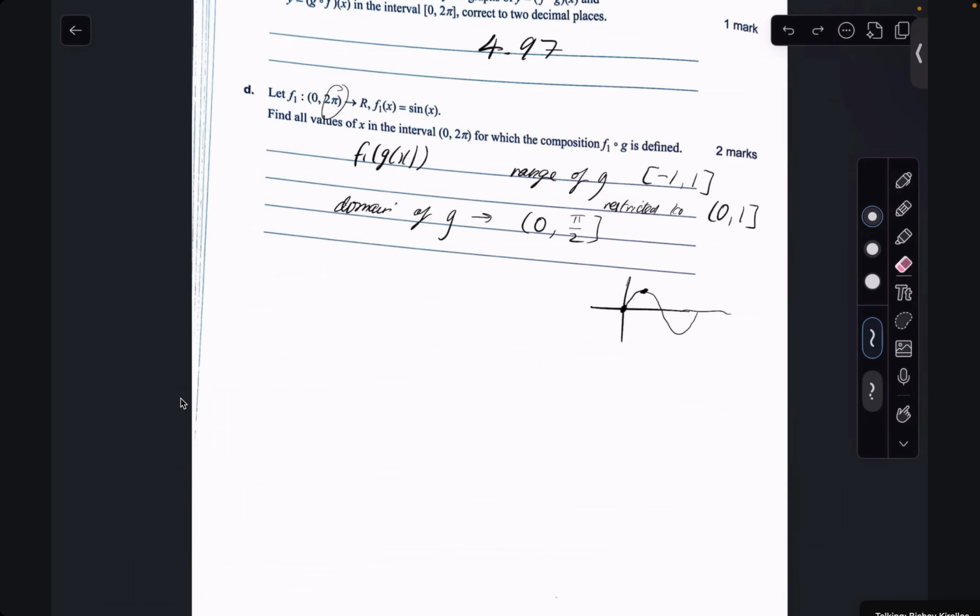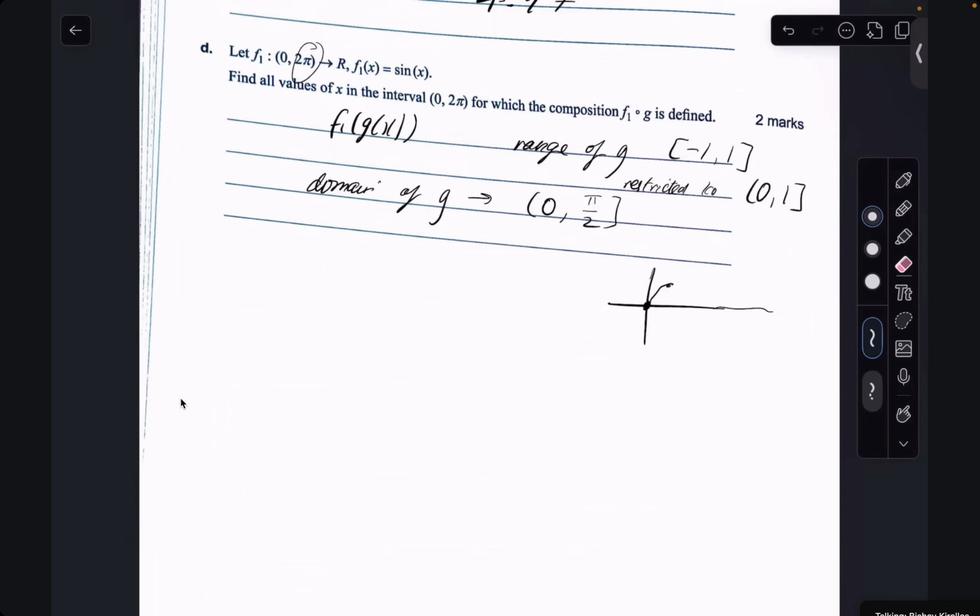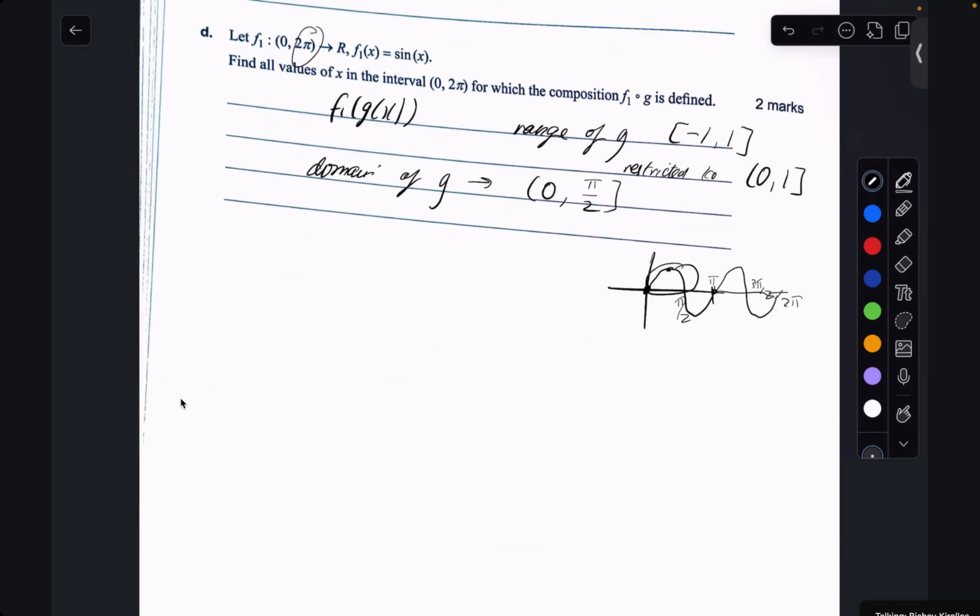And all the values of x in the interval 0 to 2 pi for which the composition is defined. So the range of g is negative 1 to 1. I made a mistake. It's sine 2x. Whoops. So it's not going to look like that. It's actually going to look like that up until pi, and that up until 2 pi. So we've actually got, this is now pi over 2, and this is pi, and this is 3 pi over 2. So x is an element of 0 not included, up until pi over 2 included,